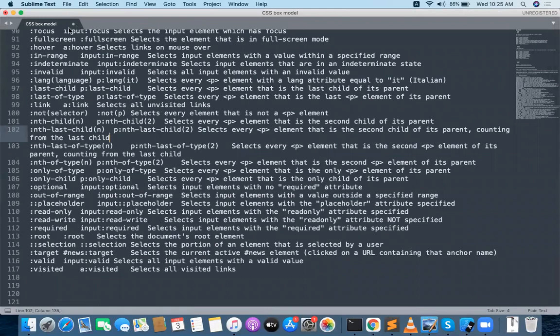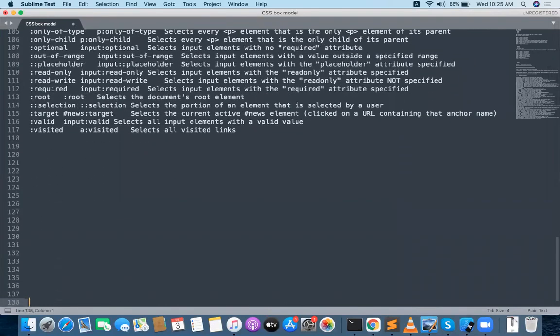Okay, so the next concept I want to go with is positions. What are the different kinds of CSS positions? First one is static position.